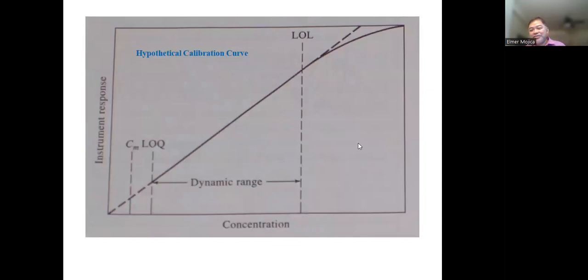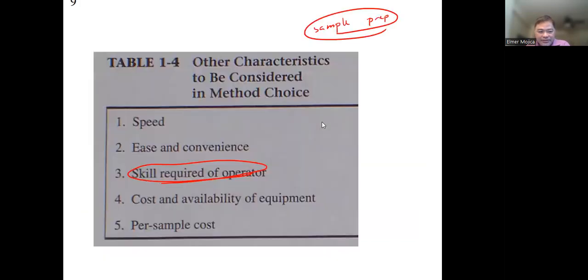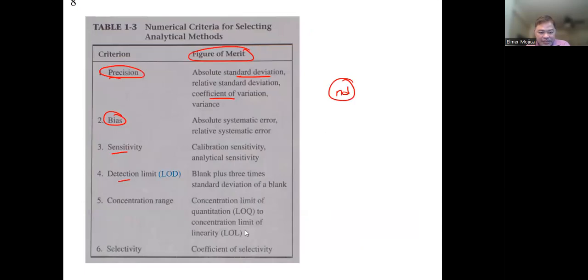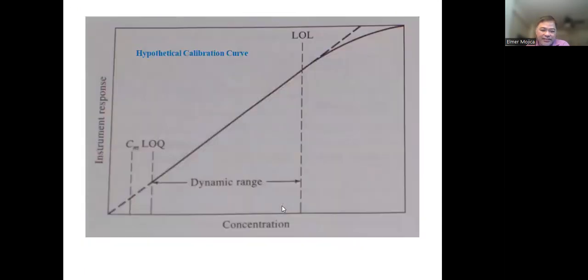And then this is what we call the limit of quantitation, and this is what we call LOL, the upper limit. If you're going to look at the LOL that you have, limit of linearity. So sometimes, hindi linear yung calibration curve mo, so you have to just take into consideration yung what we call